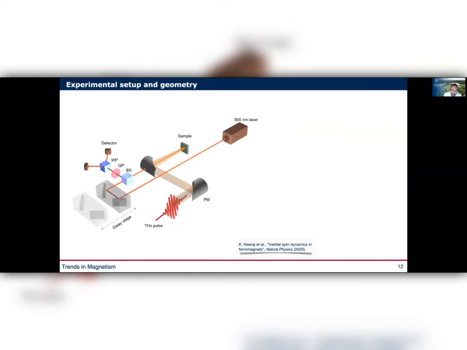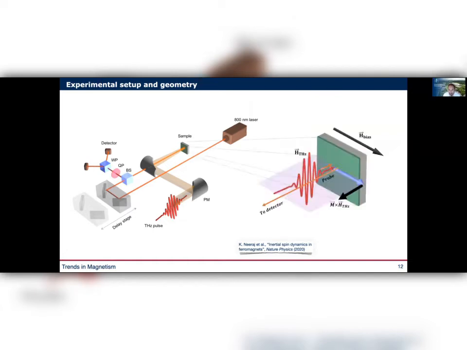And then we probe. So we have a near-infrared laser, which is synchronized with the terahertz field, which we send, and it goes through a delay stage. So if those arrive always at the same time, we can change the relative time of arrival of terahertz pump and infrared probe by moving this delay stage mechanically. Then we go into the sample, we reflect off, so we are in the polar MOKE geometry. I will show you this a bit more later. And then the light gets reflected back, goes to the splitter, and then we measure the rotation of the polarization of the light. So we measure the magneto-optical Kerr effect to detect the magnetization.